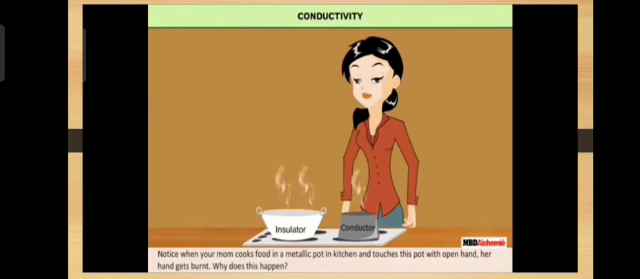The next property is conductivity. Notice when your mom cooks food in a metallic pot in a kitchen and touches this pot with an open hand, her hand gets